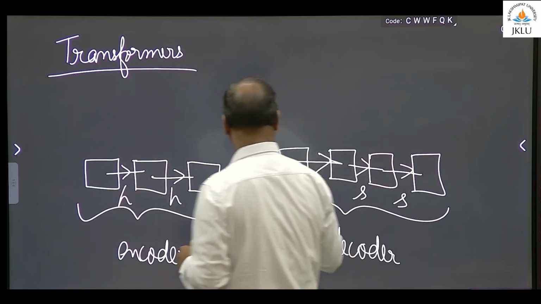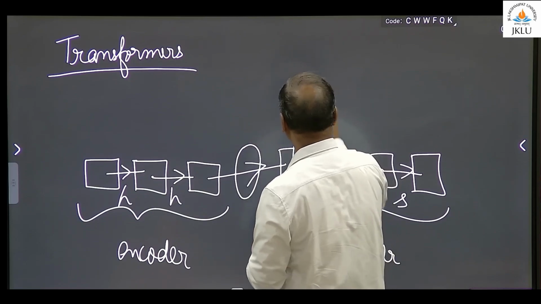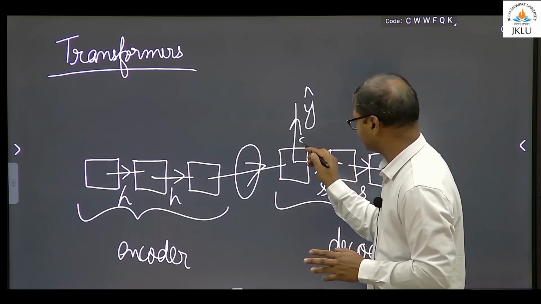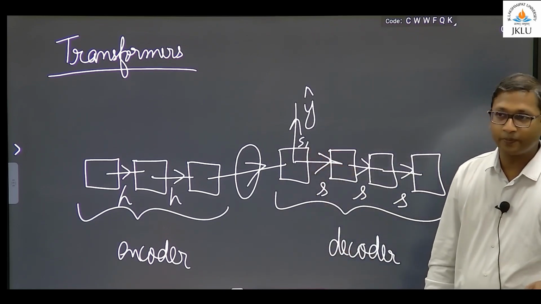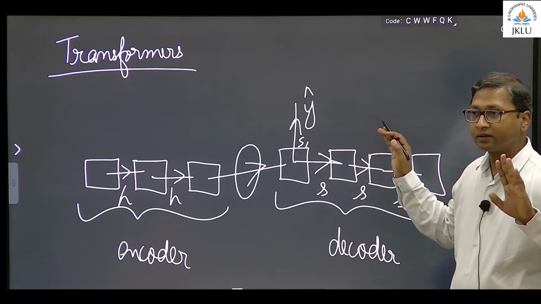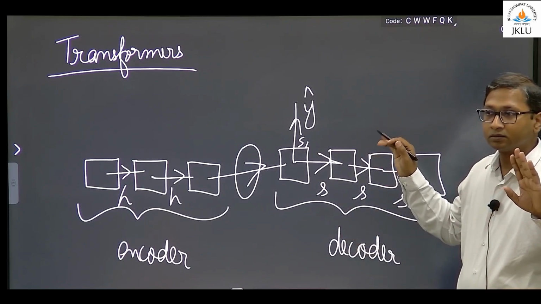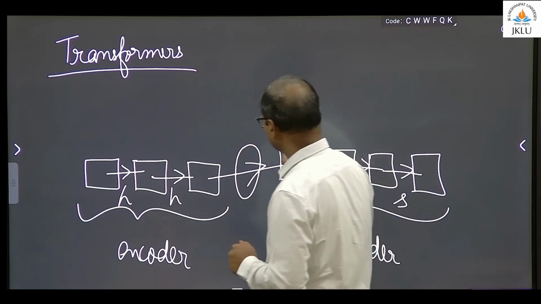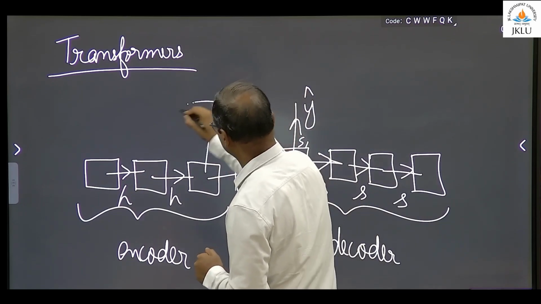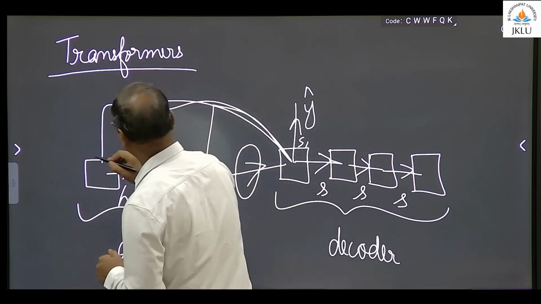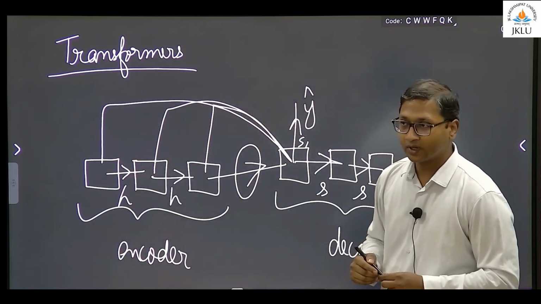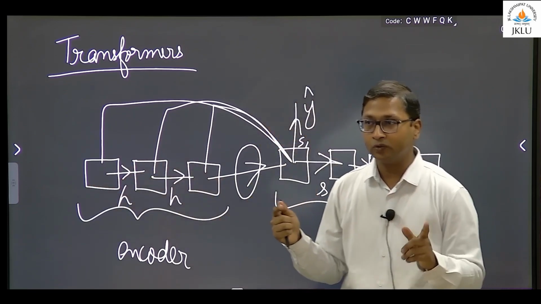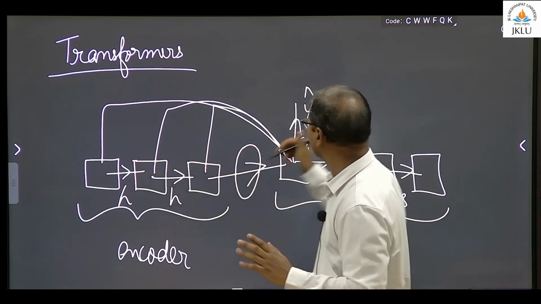Now what happens? We say when you want to output y hat here, don't just depend on S1. Don't just depend on S1, take help of encoder. And how are you going to do that? This S1, you take dot product with all three of them, right? You will have this particular vector. Once you have these dot products, you have this vector,